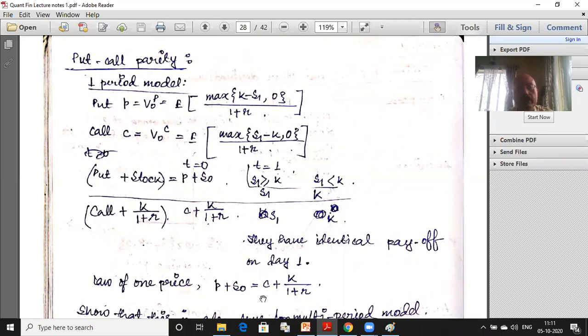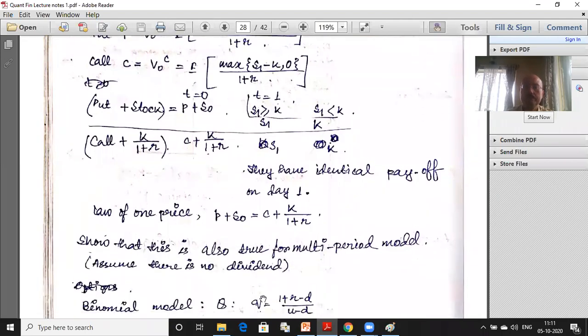This equality is actually known as the put call parity. And it is very easy. You can just do it at home. Even if you have a multi-period situation, it won't matter. You will still have the same parity relation. Only this 1 plus r will become some power of 1 plus r. The power will be the number of periods. So that means for European options, the put price and the call price are exactly related to each other. So all you need to do is find out one of them directly.